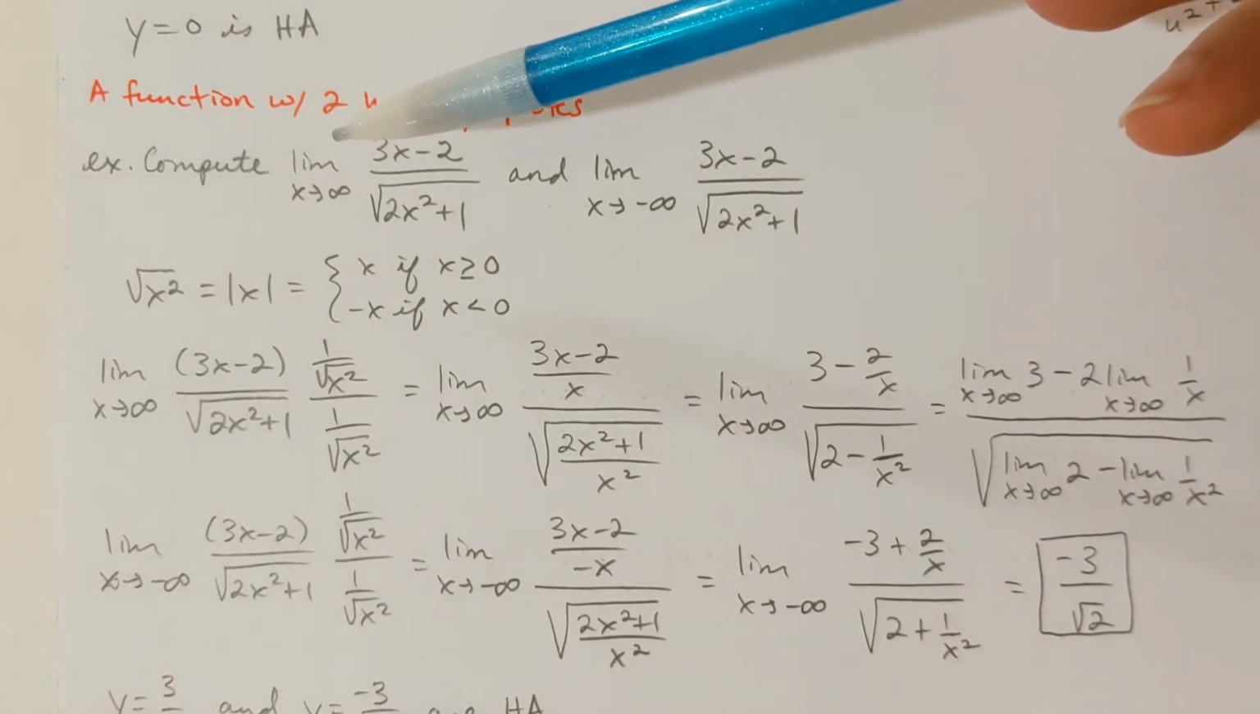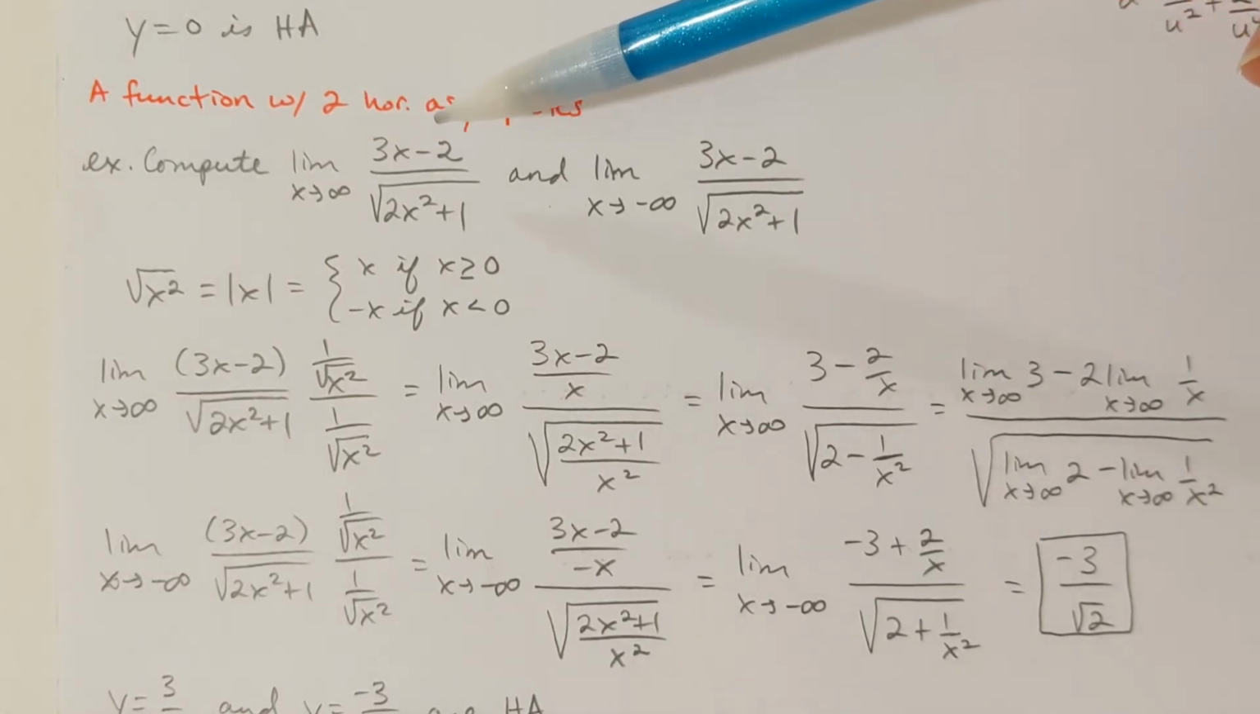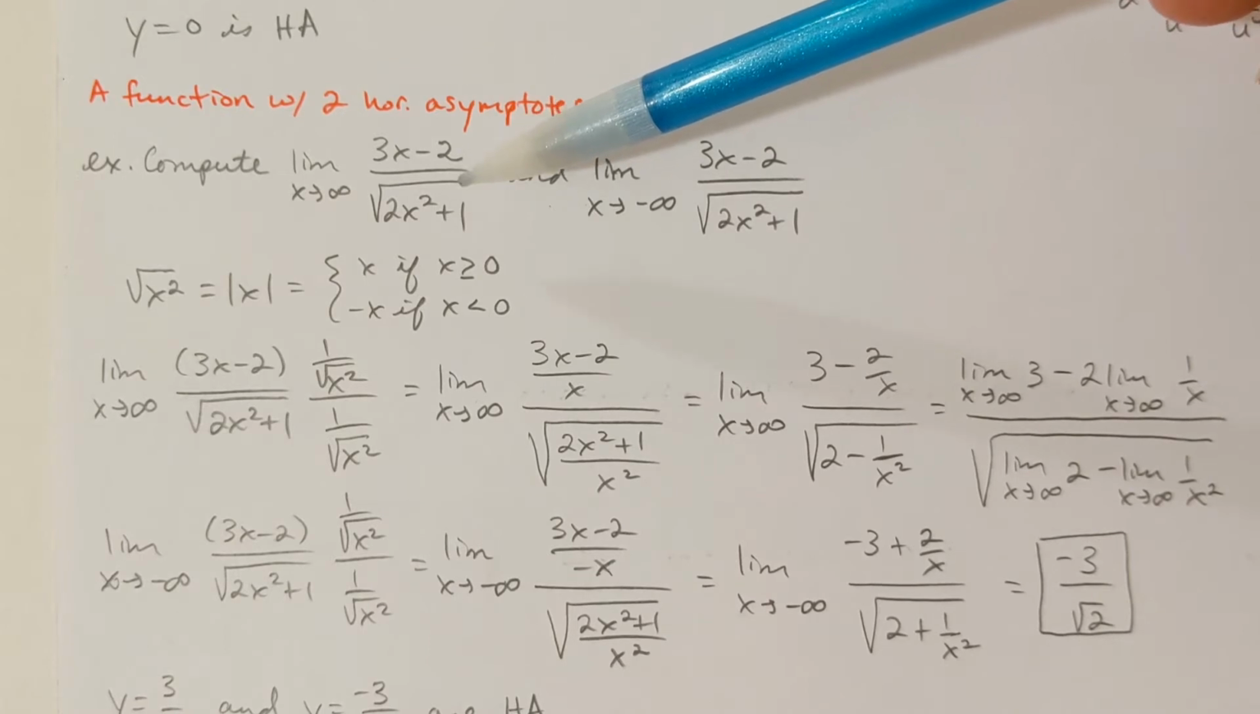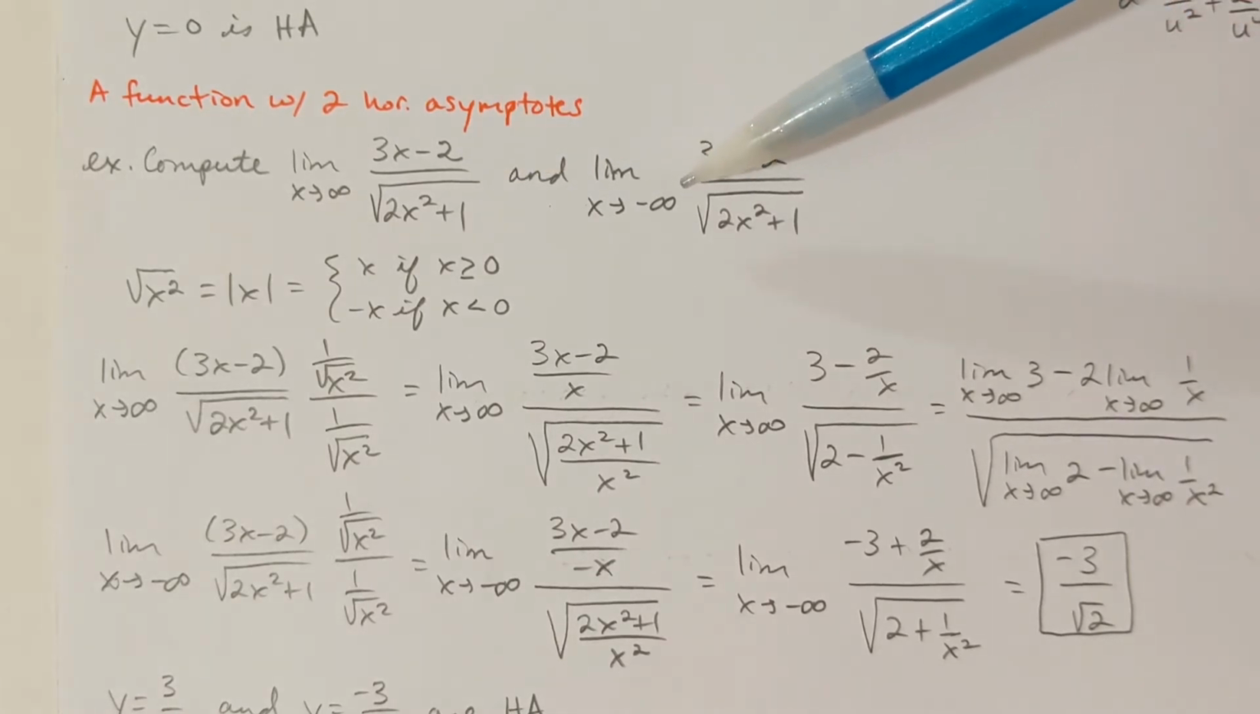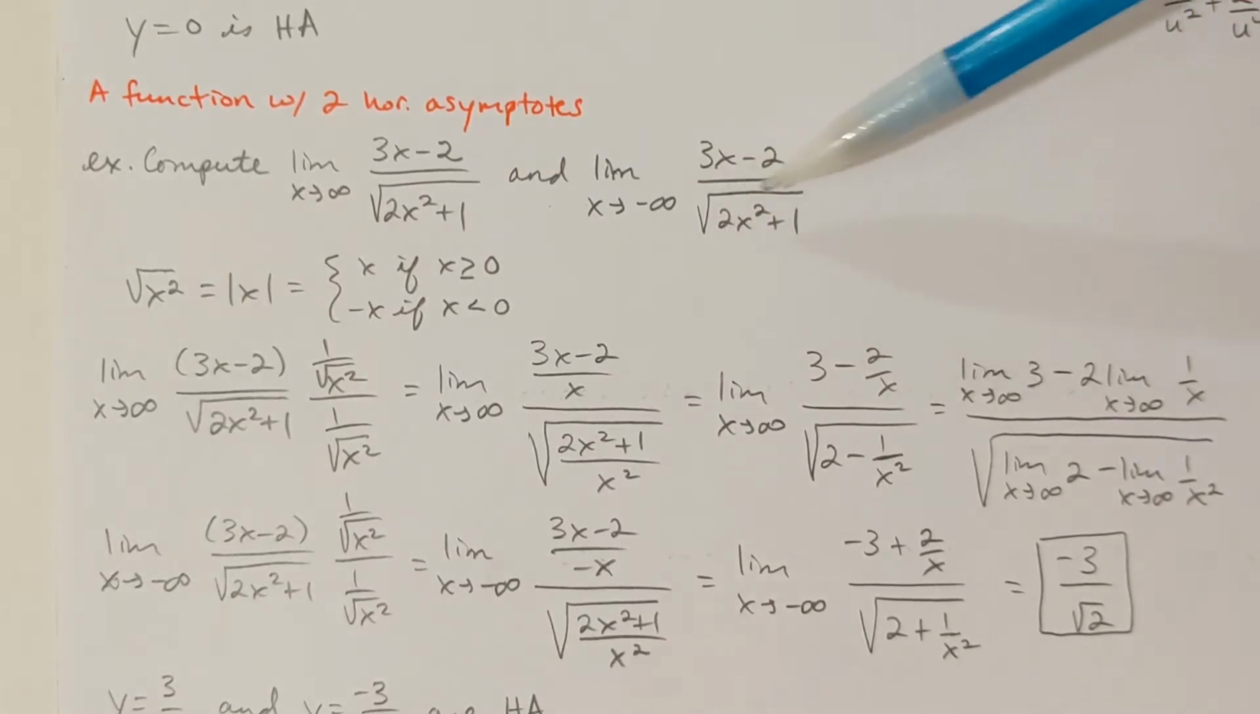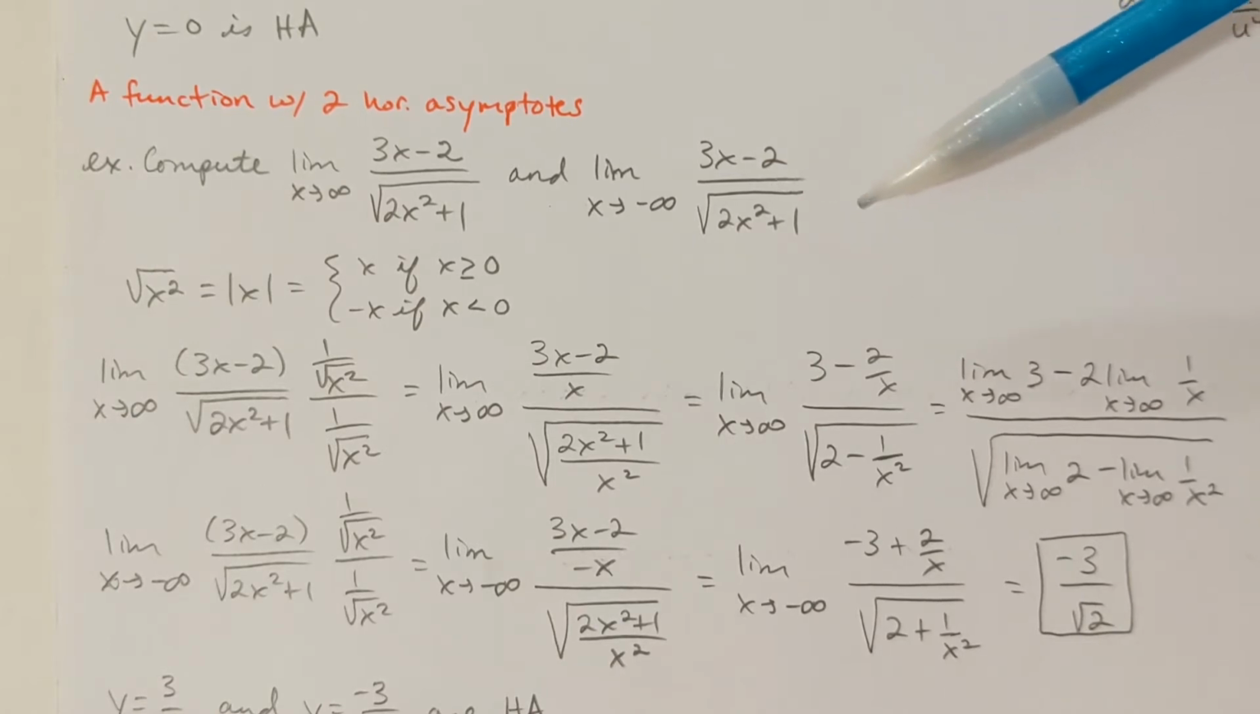Okay, I want us to compute the limit as x approaches infinity of 3x minus 2 over the square root of 2x squared plus 1, and the limit as x approaches negative infinity of 3x minus 2 over the square root of 2x squared plus 1. Okay,